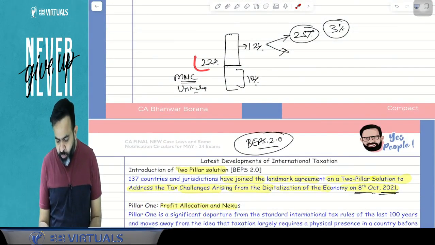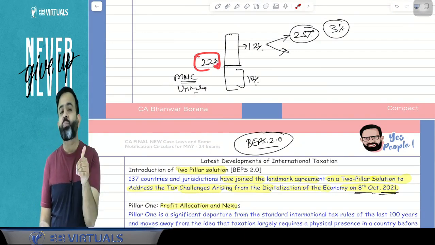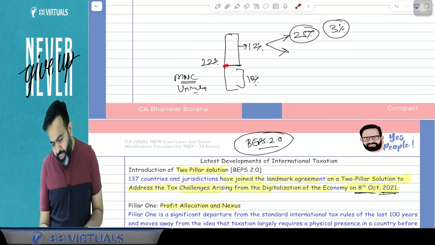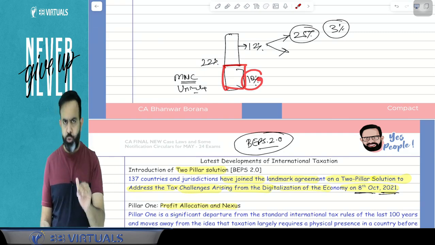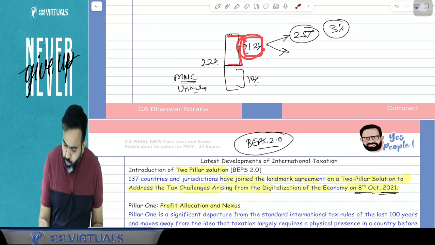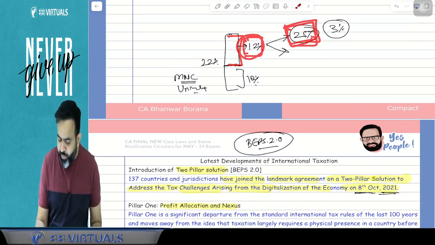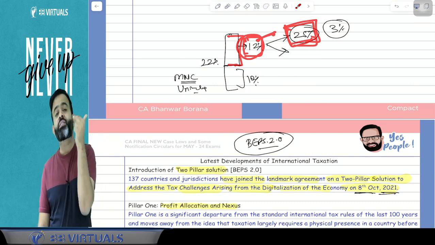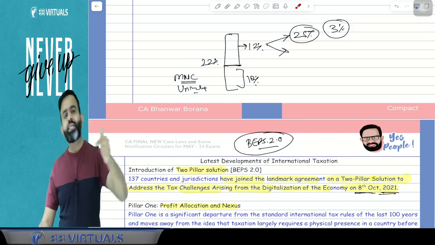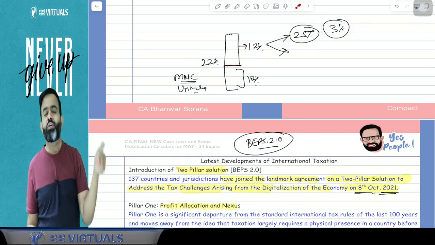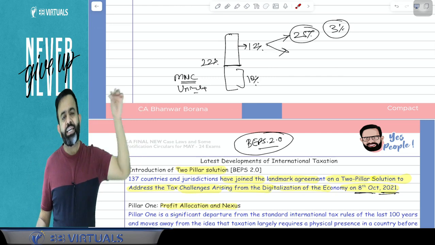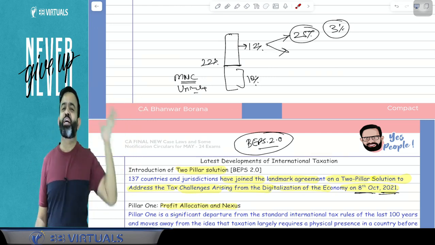Now, Unilever, a multinational company: their total profit before tax divided by revenue comes to 22%. Out of 22%, 10% is your routine profit, no issue. Now guys, in excess of the 10%, the remaining is 12%, and out of this 12%, 25% of 12% comes to 3%. This 3% profit will be allocated to the countries from where you are getting your revenue. Means if the nexus test is fulfilled, then we will allocate that profit to those countries, and those countries can collect the taxes on that profit.